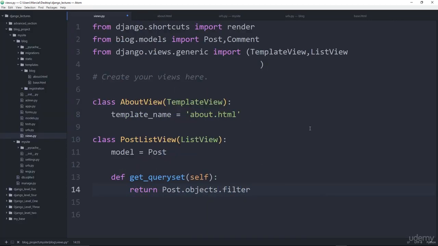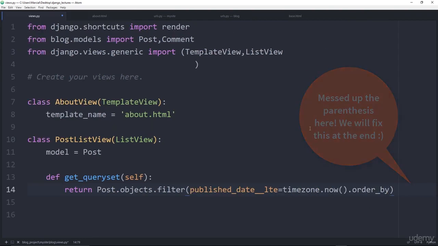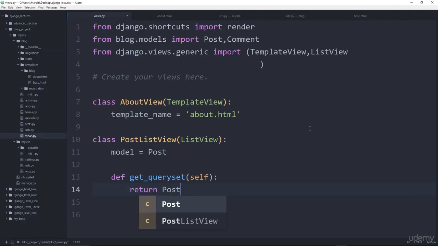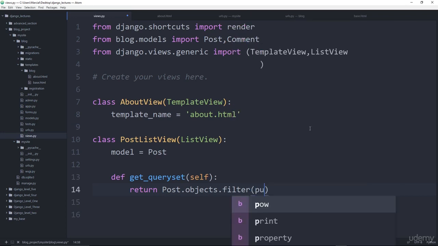We did this a lot when we were working with function-based views, but we can actually do this as well with class-based views by defining particular get methods. And we'll get a lot more practice with this in future projects. But basically what I'm going to say is the actual queryset I want is going to be Post.objects.all, and I want to filter them by the published_date, and then I'm also going to add in